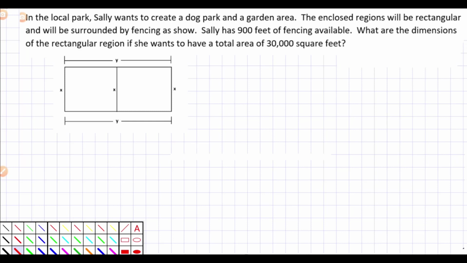And so in the local park, she wants to create a dog park, garden area, not too important. The enclosed regions will be rectangular. Yeah, we can see a rectangle there. We're good there. But she has 900 feet of fencing. So it looks like in this problem that I should probably record that our fencing